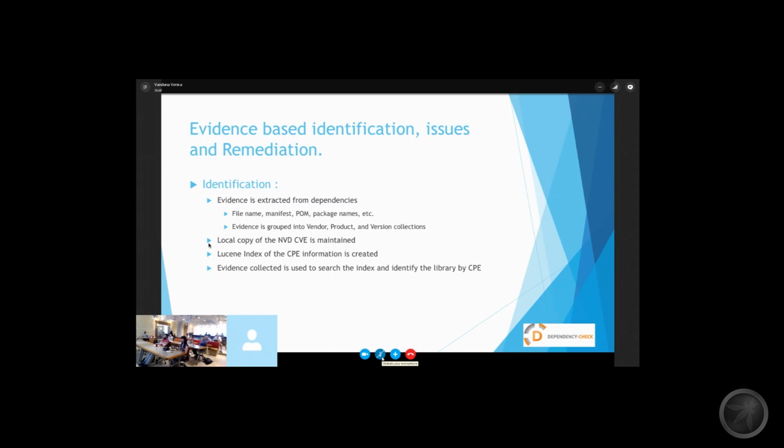when the results come out, the result is basically in the form of evidences. Those evidences contain the file name, manifest or POM file in case of the Java jar, and then it also groups it into vendor, product, and version collections, as I showed you in the scan results. And also it creates a local copy of the NVD database. Now these things are there, but how about using it